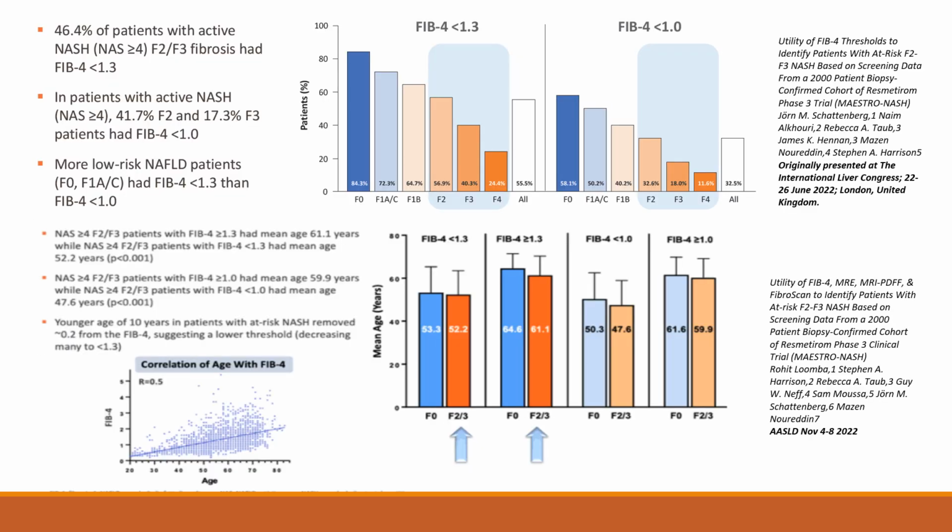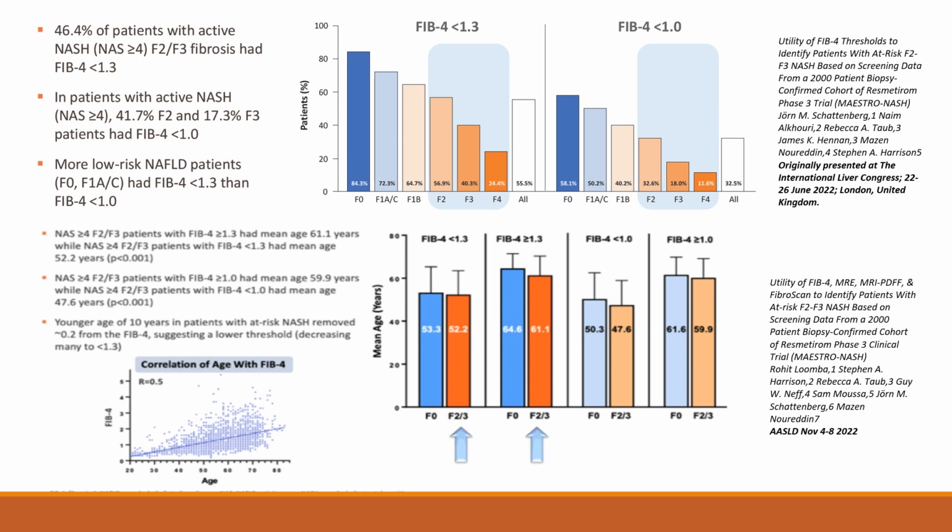What about MASH? What about patients who do not yet have advanced liver disease, but they are at high risk of developing it, and as such would benefit from closer monitoring and intensive and liver-specific treatment? So in the initial phase of the Maestro-NASH trial, which is an ongoing phase 3 clinical trial evaluating the safety and efficacy of resmetirom, a thyroid receptor beta agonist, in the treatment of MASH, over 2,000 patients were screened with